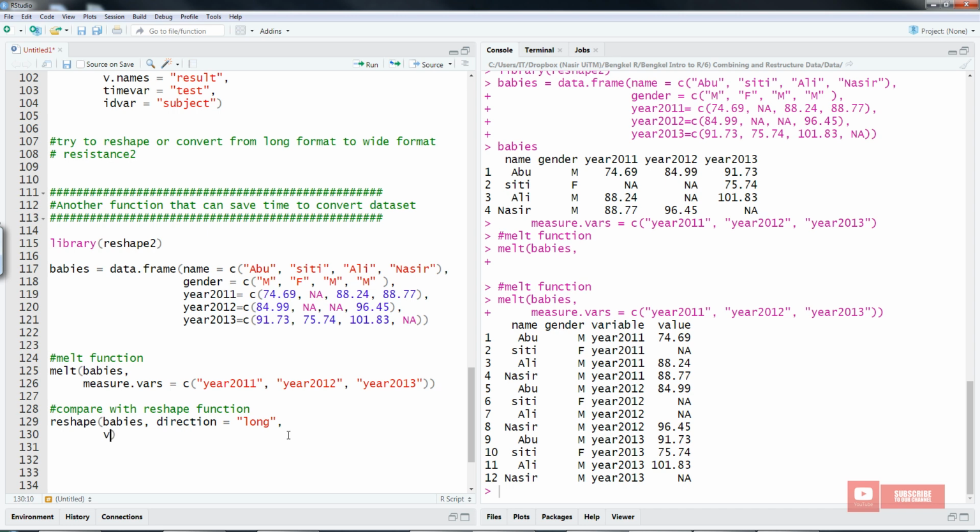And then kita masuk varying. So varying, I kena masuk one by one lah. So I copy this one. Right. Comma. And then kita masuk times. Should be the same function. Oops. Right. And then ID variables should be